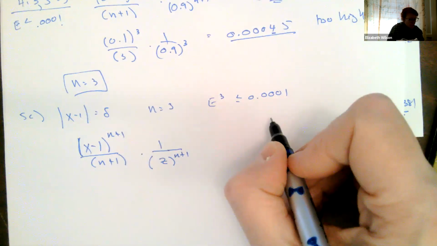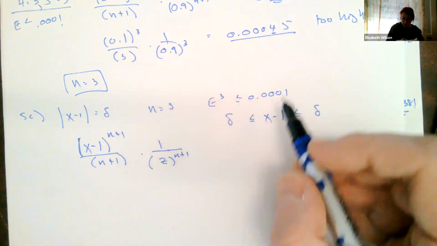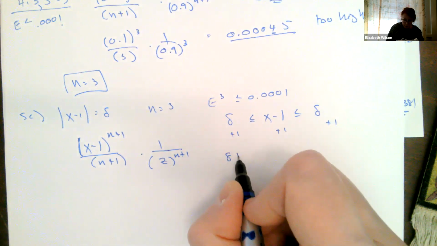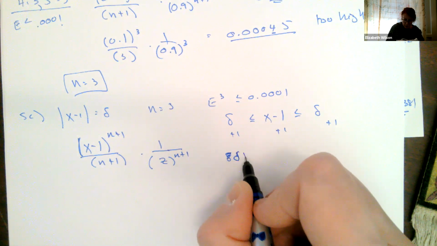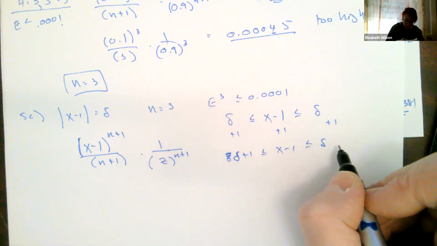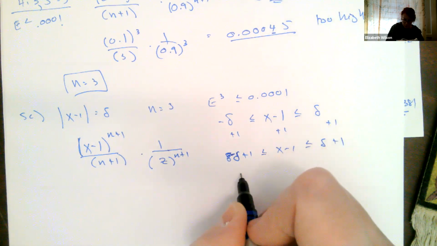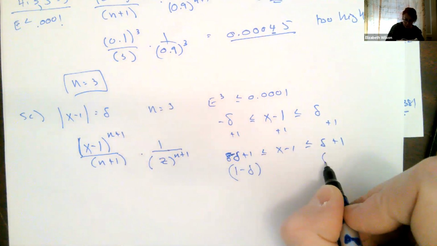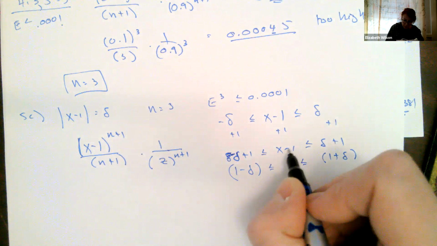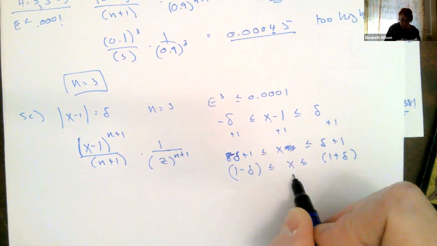So when we did it before, we said x minus 1 was 0.1, but now this becomes delta plus 1, x minus 1, less than or equal to, let's see, this should be negative delta, delta plus 1. So this is 1 minus delta, and this is 1 plus delta, right? X minus 1 is, we got rid of that, because we added 1 to both sides. So x is between that and that. So now if I plug in z for this,